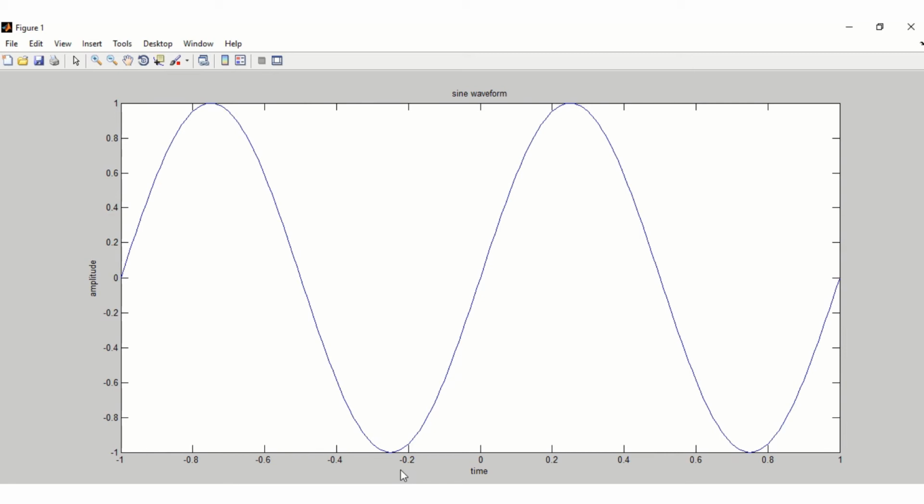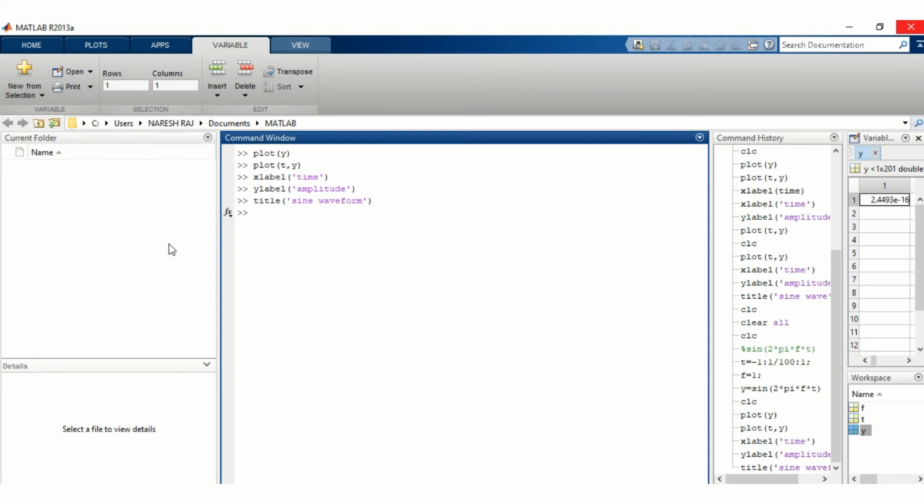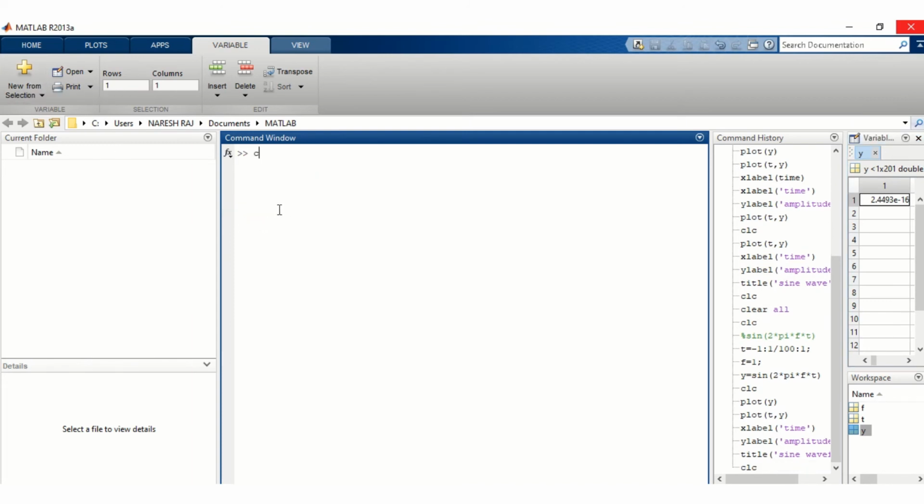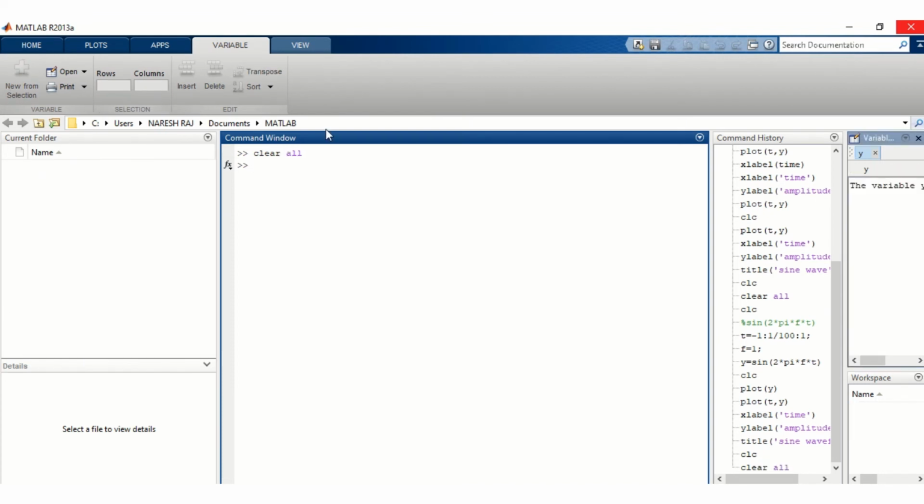And now we will study how we can use a script file for this plotting. First we will clear the command window and the workspace.